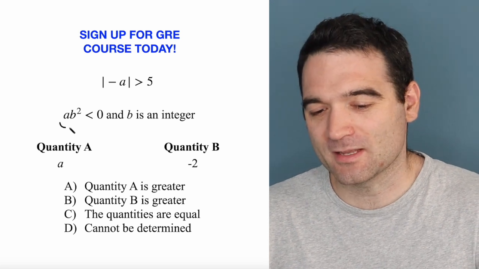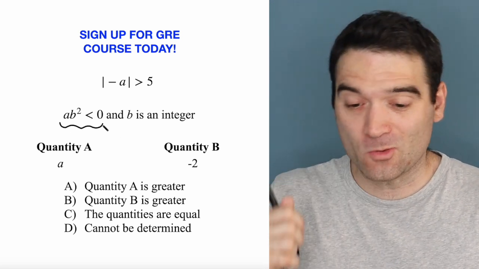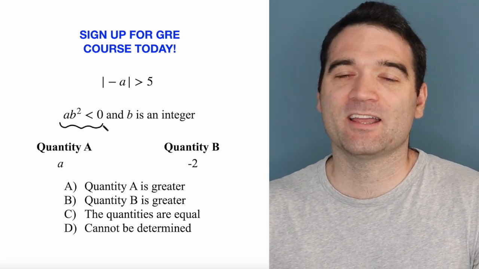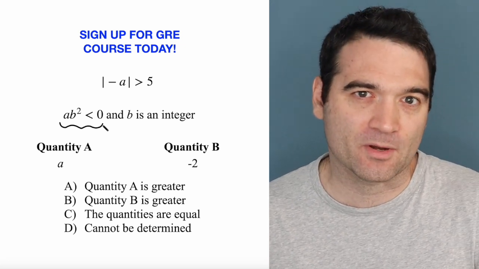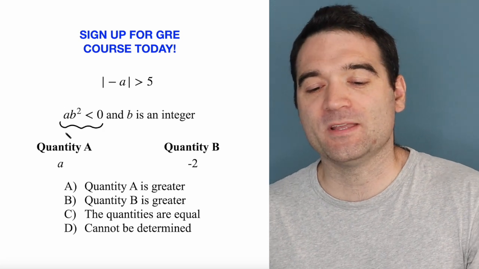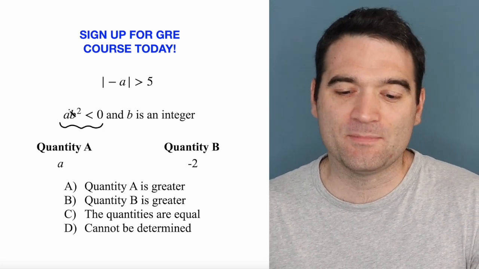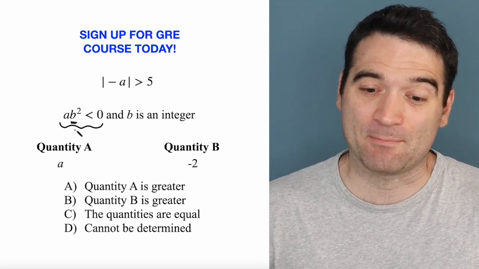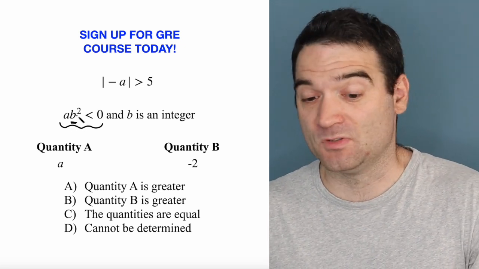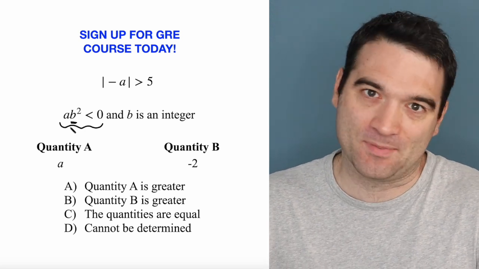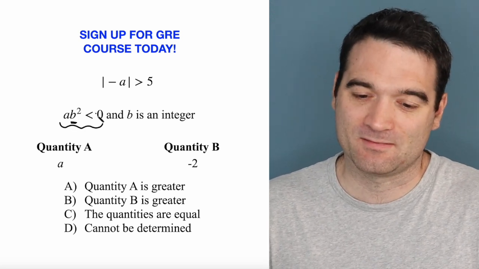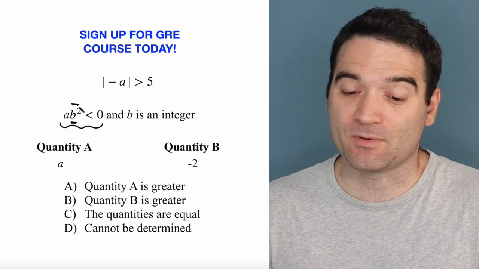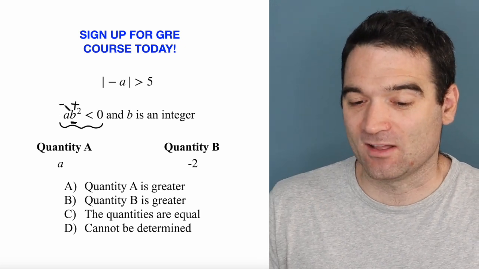So let's start with this little piece right there. We're told that a times b squared is less than 0. I'm going to rephrase that slightly: a times b squared is a negative number. Well, if this number needs to be negative, what does that mean? It means that one of these is positive and one of these is negative. And b squared sure as heck can't be negative, because if I square a number, it's 0 or a positive number, right? And it can't be 0 either here, because this whole thing has to be less than 0. So b squared has to be a positive number,